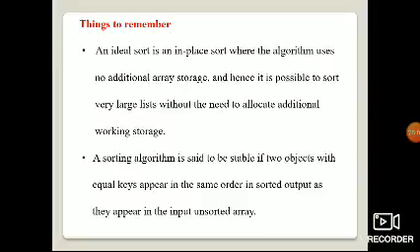If we have two objects with equal importance, we have to keep them in the same order; otherwise the other numbers will appear unordered.